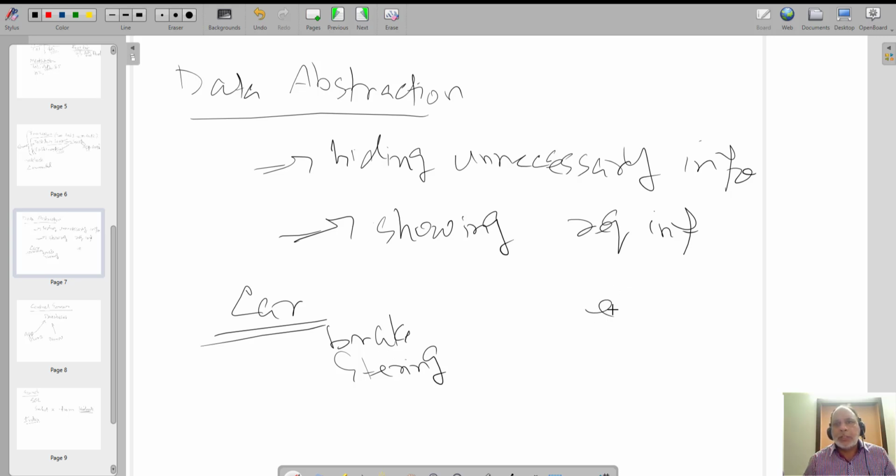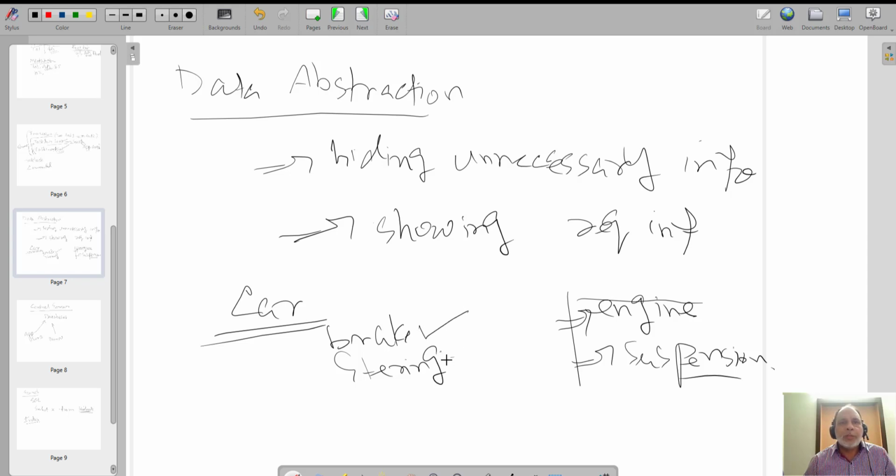For example, the engine, how the engine is working. Although it is very complex, the driver doesn't know how the engine is working, and the other details such as the car suspensions and how other car systems are working. You don't know all this information. This is unnecessary for the driver, right? For the driver, the required information is how the steering will work, how the brake will work, all this information. So the car system only shows the necessary required information and hides